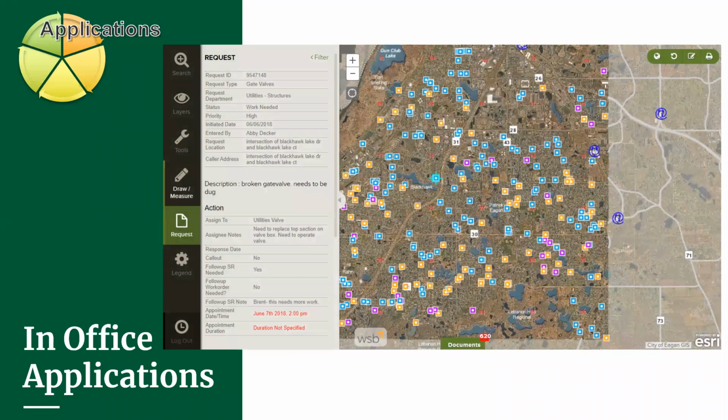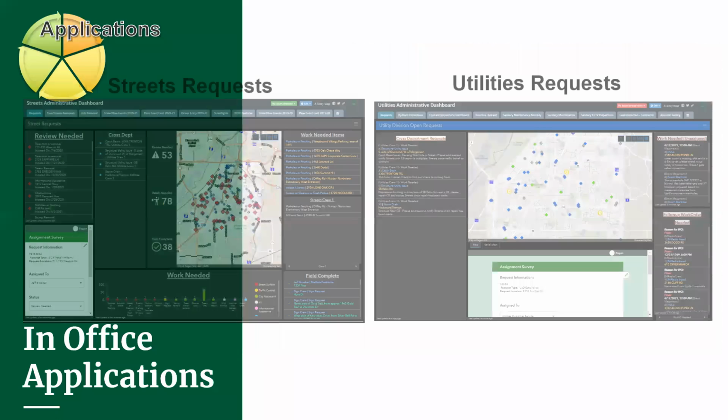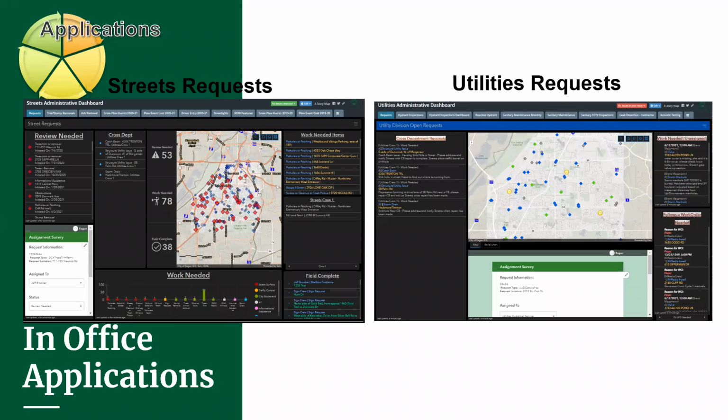And it's been really helpful. They've actually, it's been really easy for them to learn how to use that. Another application we use based on GIS is Data Link. And this is our customer request portal, kind of where customer requests start in the office. If someone calls in, a customer request can get entered into a form and show up on a map. And then from that, the customer request can be deployed out into the field or to the field supervisor.